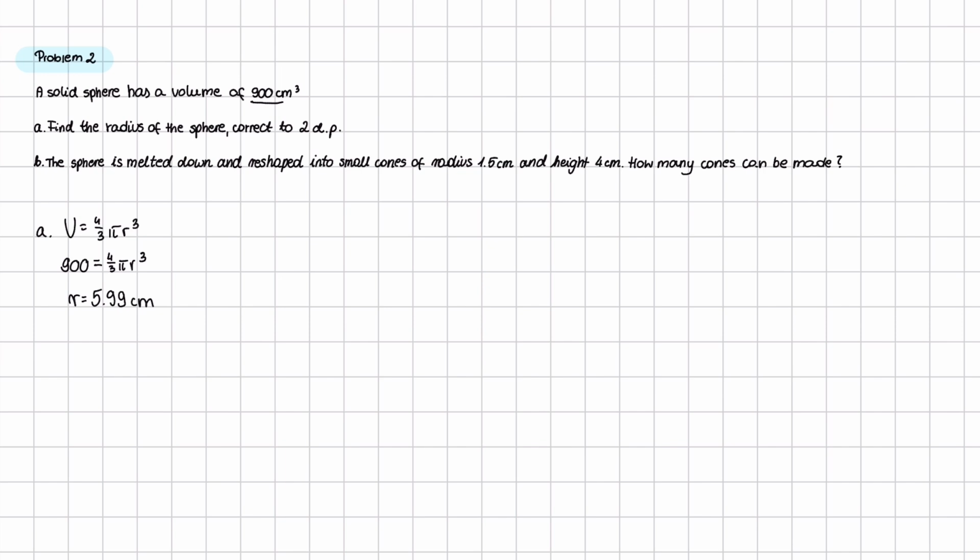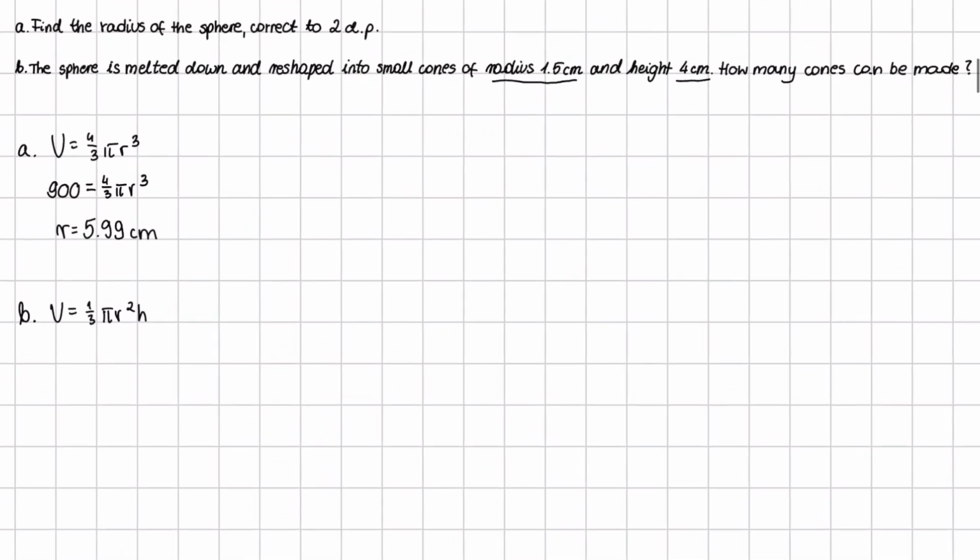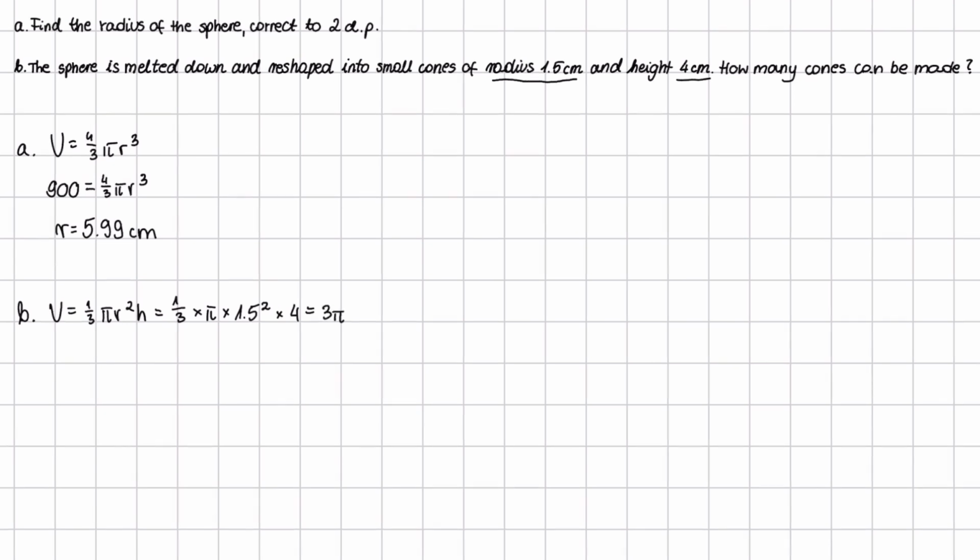So, firstly, we have to recall our formula for the volume of a cone. So, this is the formula, and now we have to substitute our values into this formula. So here we have 1 over 3 times pi times 1.5 squared, and times 4, and we have to calculate it. So the volume is 3 pi, and for now we can leave it like this